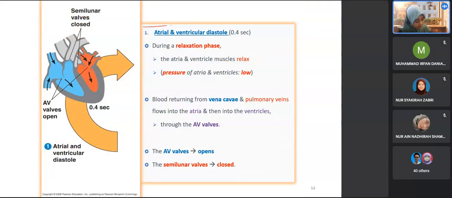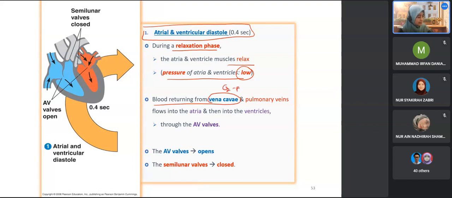Okay, so first stage, 0.4 second, all the four chambers of the heart, the atrium and the ventricle, relax. Atrial and ventricular diastole. Okay, so it is the relaxation phase. So the atria and ventricle muscles relax. Pressure of the atria and ventricle are low. Okay, so this is to allow, kenapa nak kena semua chambers to relax? Okay, so this is to allow blood returning from vena cava, carrying oxygen poor blood,